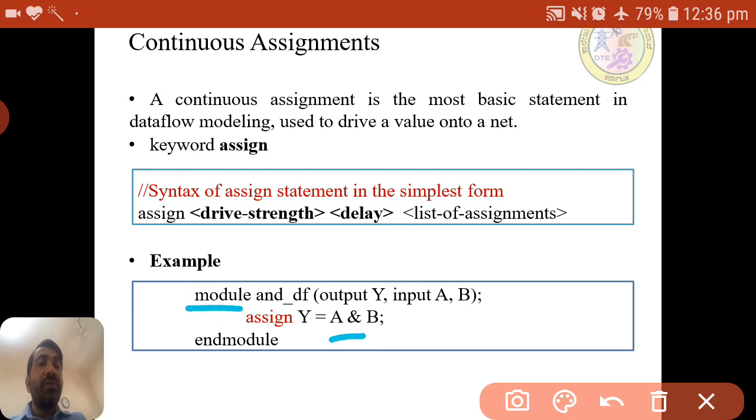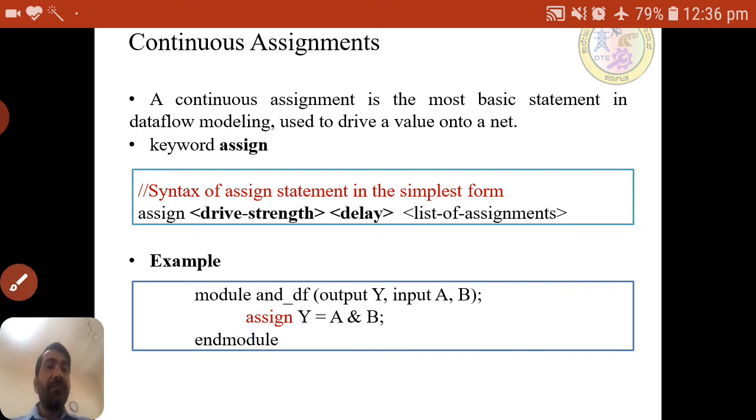So we need to define the module here, with inputs and outputs, and then by using the assign statement we write the code. This is the assign keyword and how to use it.